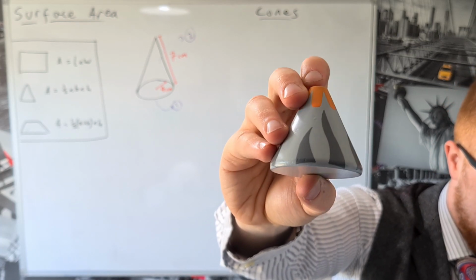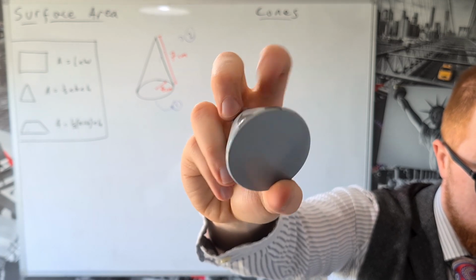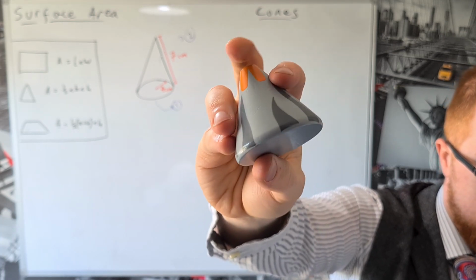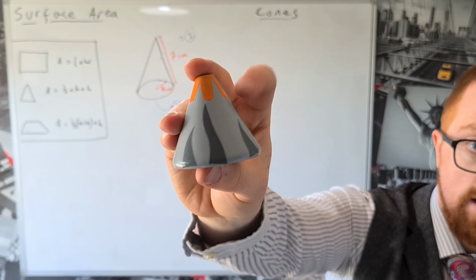my handy cone shape here. Now ignore the fact that it doesn't go to a point. It should go to a point if it's a full cone. We've obviously got the circular face on the bottom, and then we've got the full continuous curved surface around the